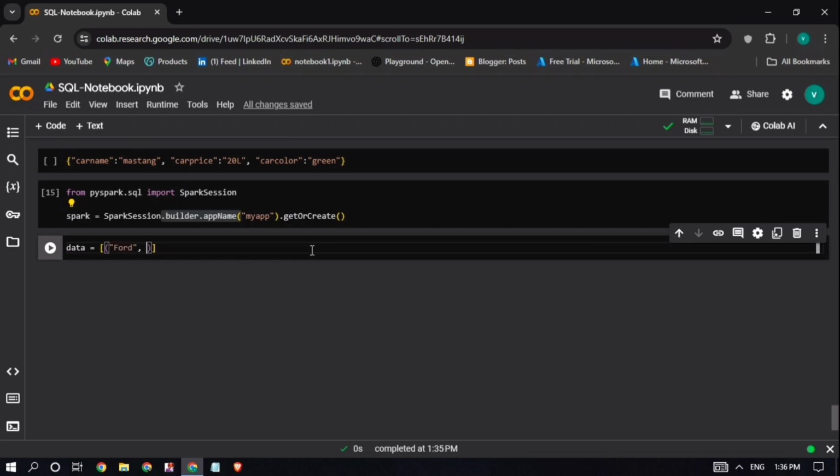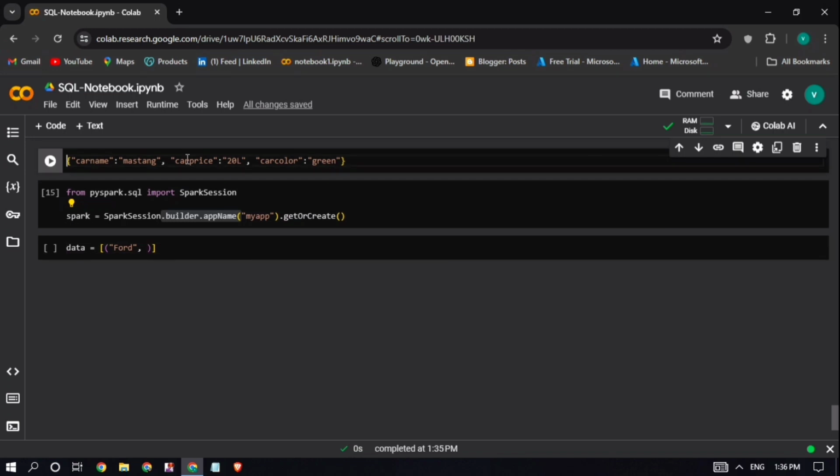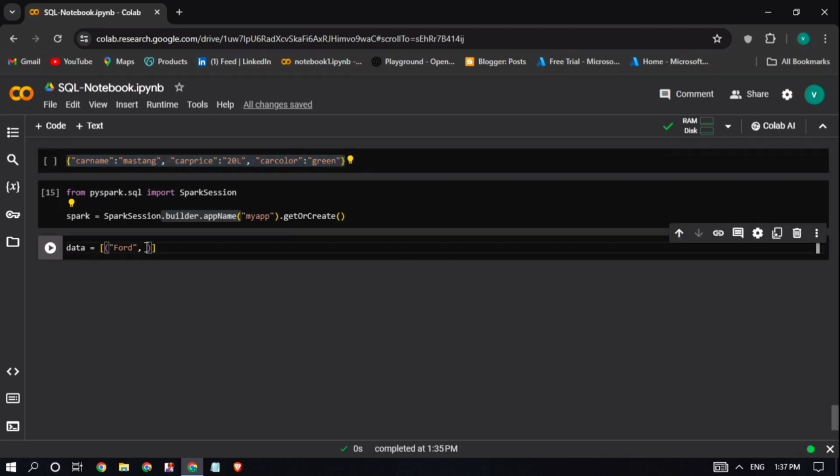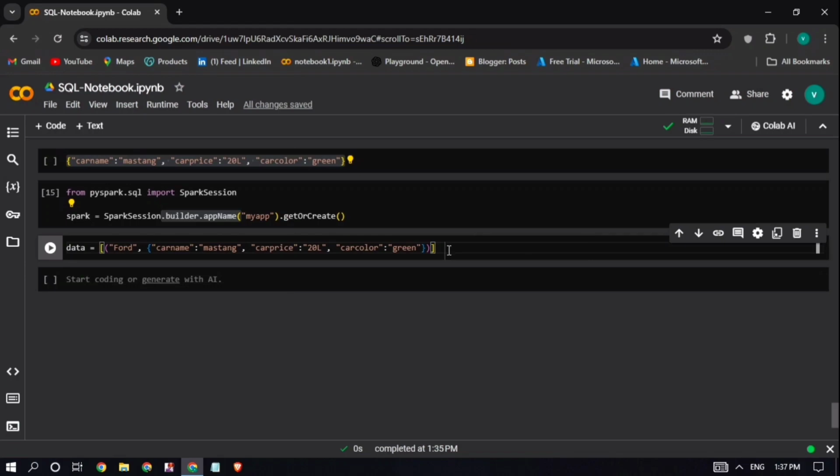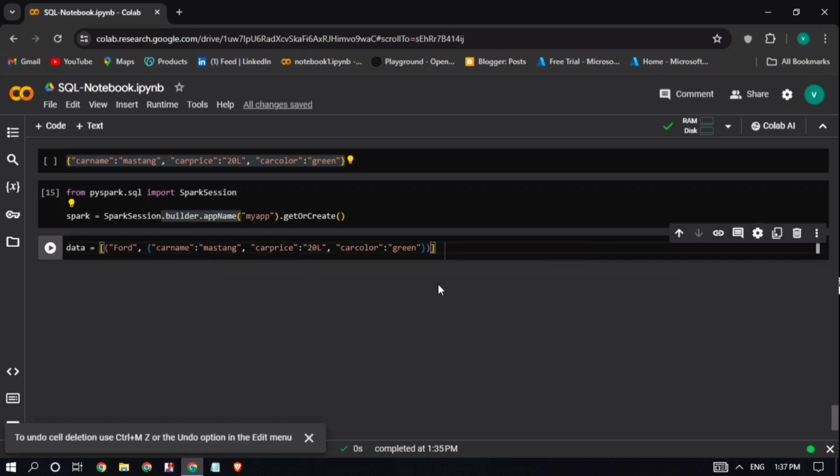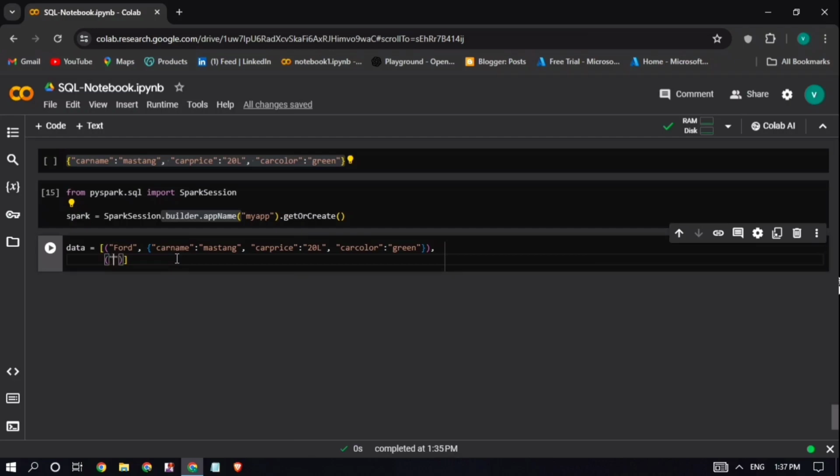Then we'll add this dictionary in here. So these are the two columns for our data frame, and we will add some more. You can take any other example of your choice. I just decided to go with cars this time. The same dictionary, we will have,